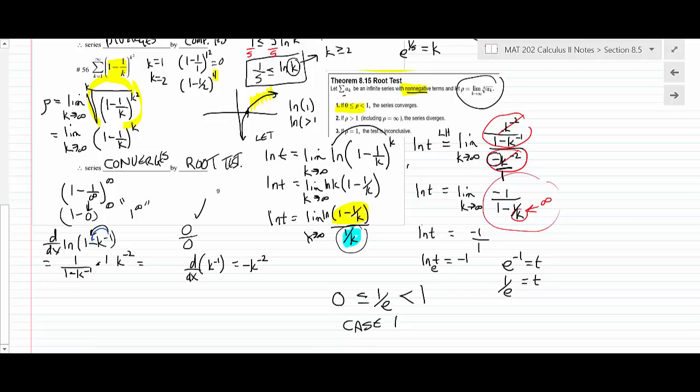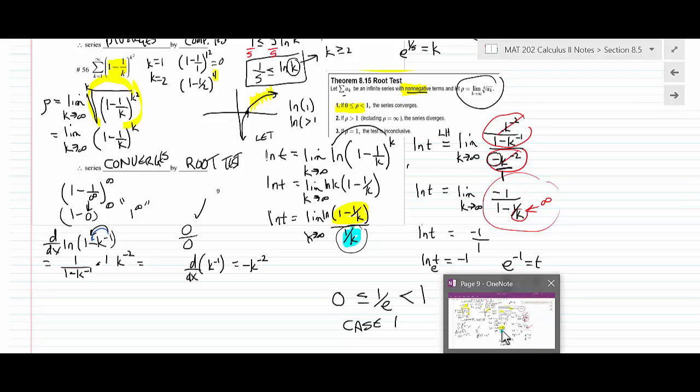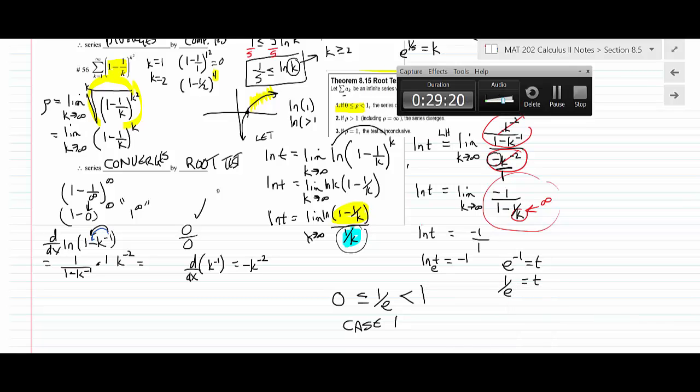Sometimes you get into limits that take a little bit more work. I didn't give you a lot of room on the paper, so sorry about that. Does that look okay? Is there any question about anything I did? That's a typical thing you sometimes have to do, go off to L'Hopital's Rule, so don't forget about that. Okay, that'll wrap us